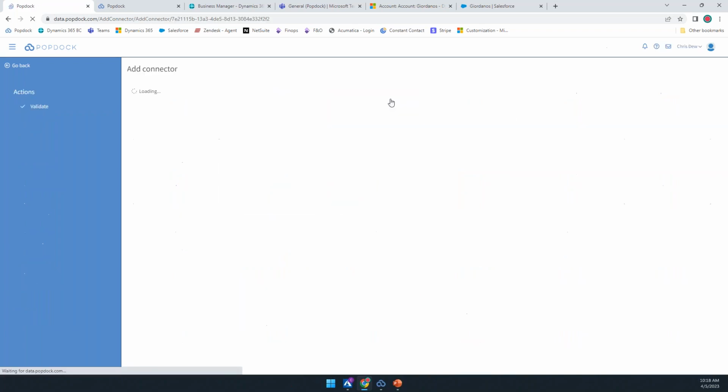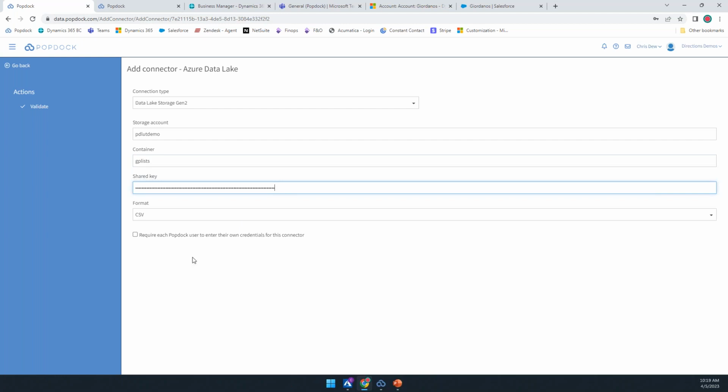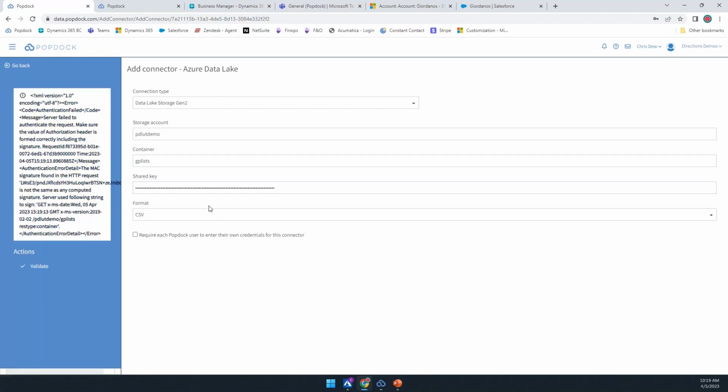So this one, we're going to be pumping data or getting access to data from the data lake in this case. So we'll pick the Data Lake Storage Gen 2. The storage account is what I just created for you, and that's called PDLUT demo. The container on this one, I'm going to just use my GP lists one. And then here's the key, which is a big, long, ugly shared key. So I'll hit validate, and if everything goes well,